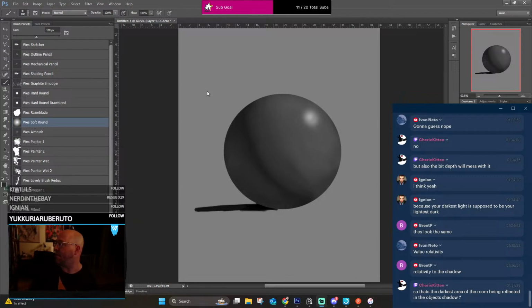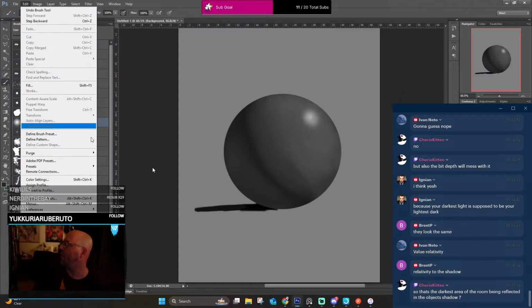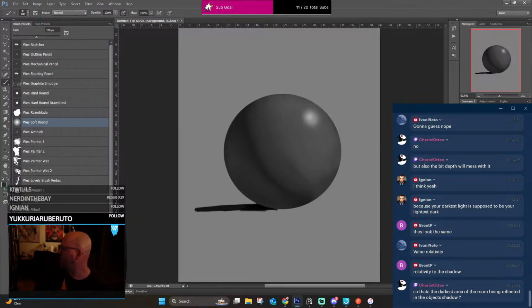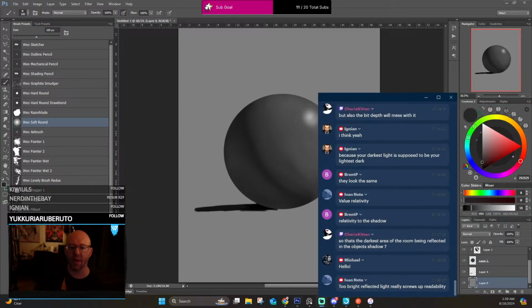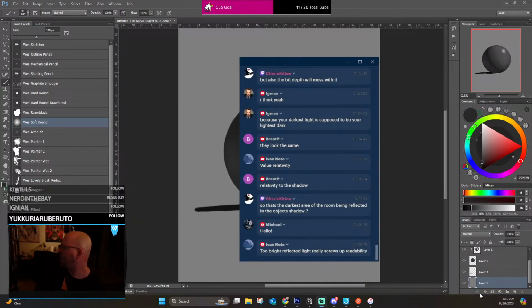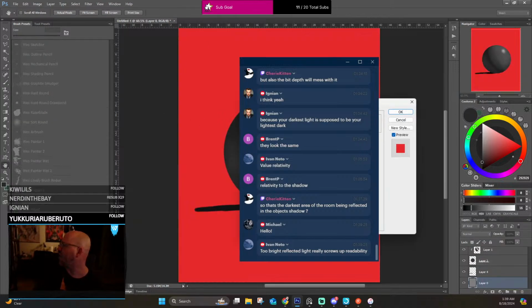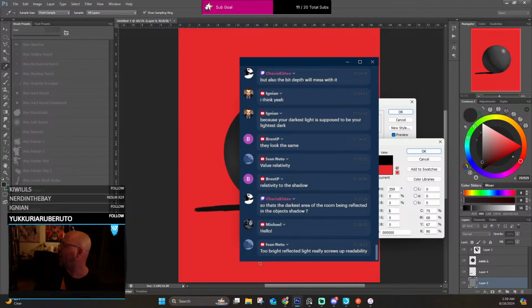So if this, great example, let's do this. If this was black, let me go ahead and just color. So this is kind of proof that it's all relative, okay? Not that one. Oh, it's locked. I'm going to come in and bring this up. I am just doing a quick color overlay, and I'm going to turn this black.